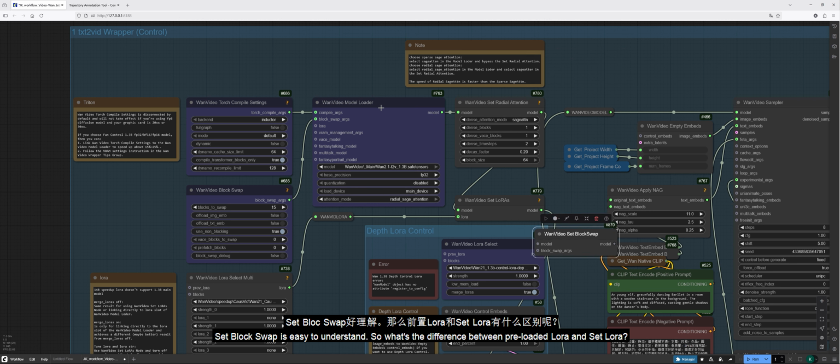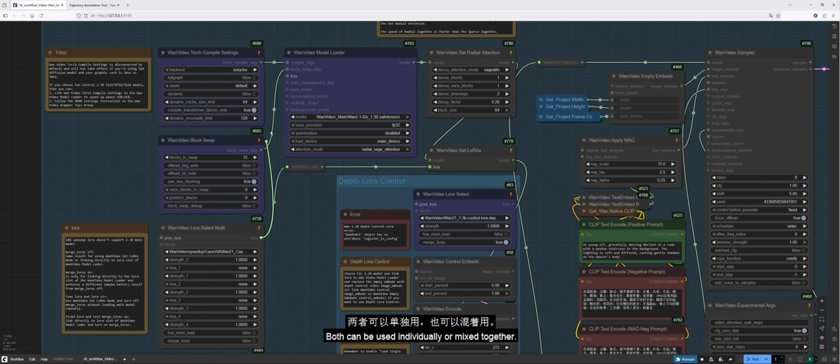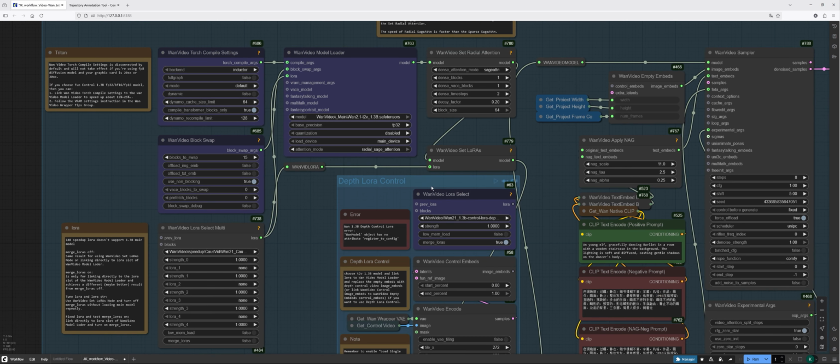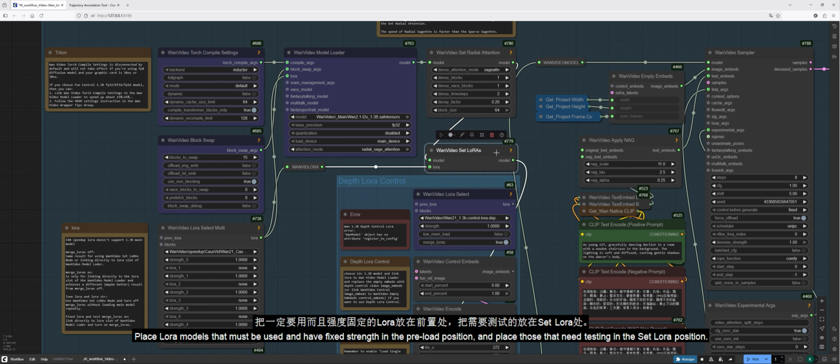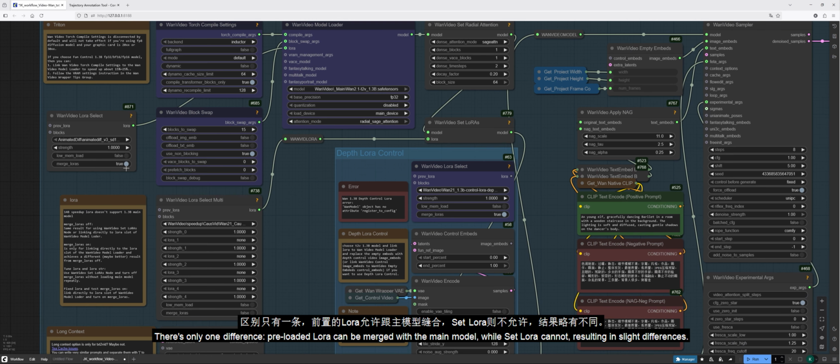So what's the difference between preloaded Lora and Set Lora? Both can be used individually or mixed together. Place Lora models that must be used and have fixed strength in the preload position, and place those that need testing in the Set Lora position. There's only one difference. Preloaded Lora can be merged with the main model, while Set Lora cannot, resulting in slight